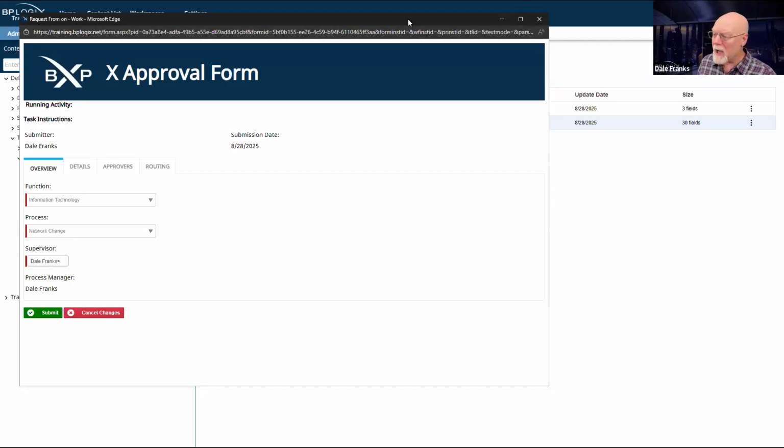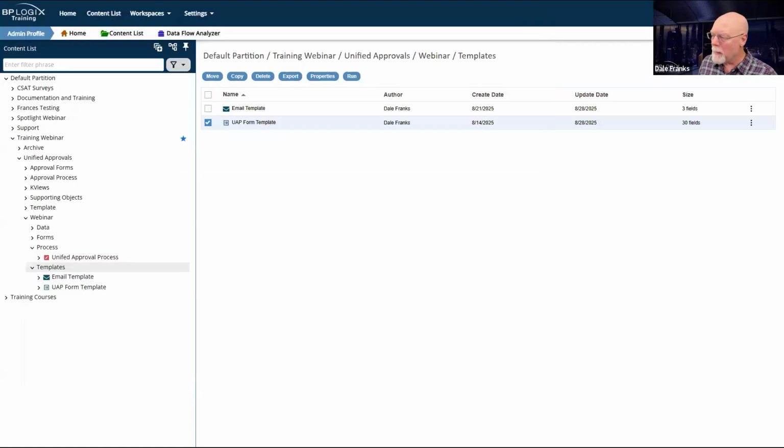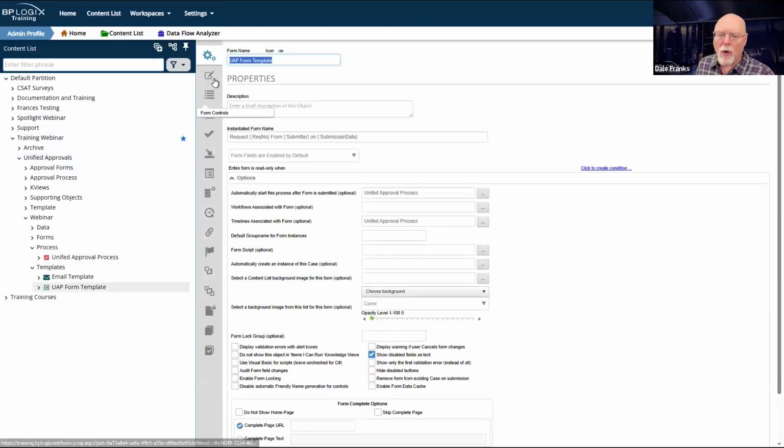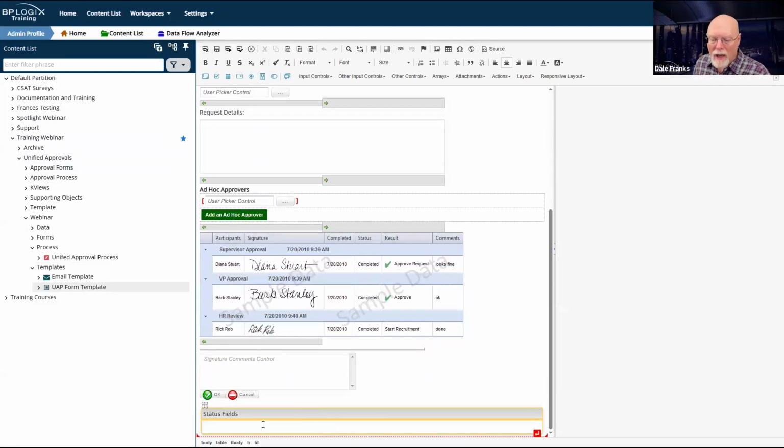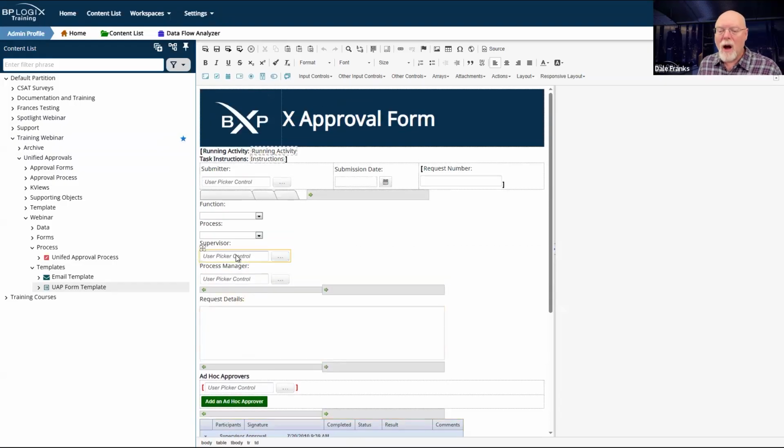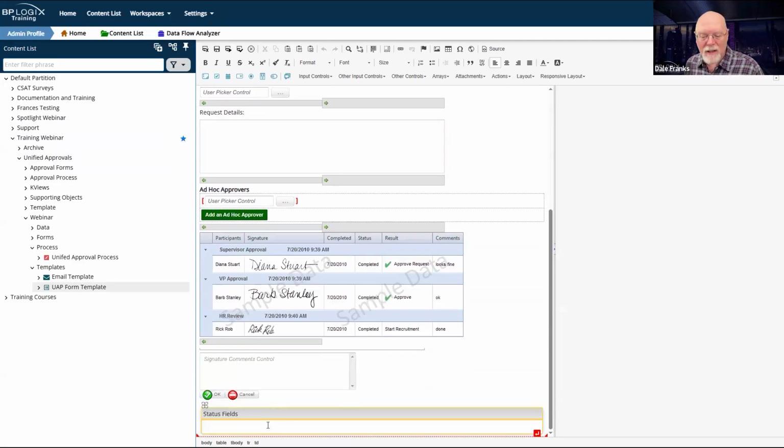In fact, there is a section on the form. Let's go back and review that real quick. I'm going to pull this approval form off real quick of the screen, and we'll go back and look at the design of our approval form. And right down here at the bottom, I have this hidden section that is called status fields. So any fields that I need to have hidden that I don't want on the form, like let's say I was automatically pulling the supervisor's name back because I have that stored as part of the user profile and Process Director, I could just take this field and drop it here in this hidden section.